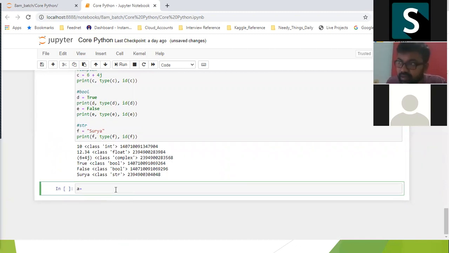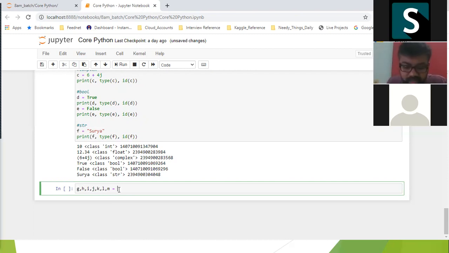A equal to, I can go this way: A, comma B, comma C, comma D, comma E, comma F, or I can take new values like G, H, I, J, K, L, M.